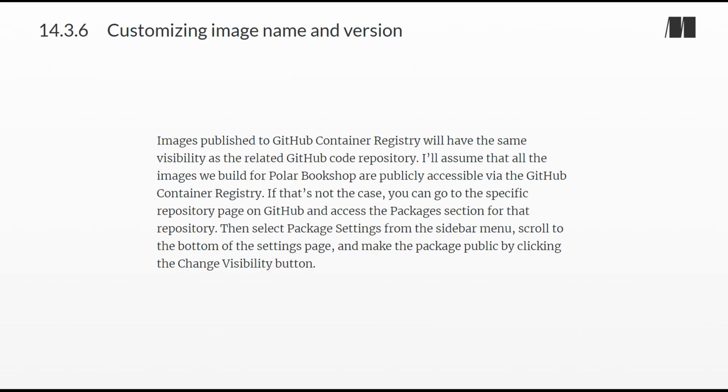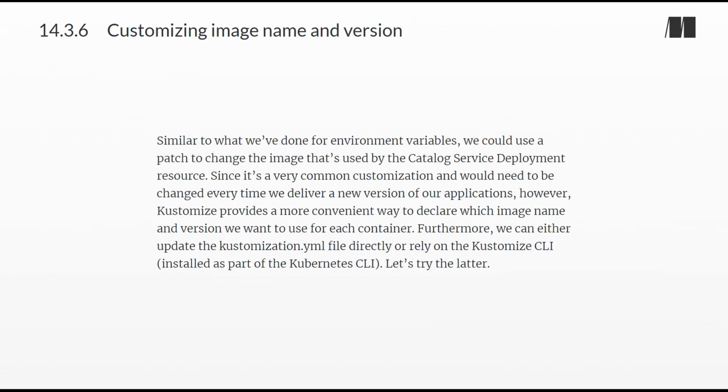If that's not the case, you can go to the specific repository page on GitHub and access the Packages section for that repository. Then select Package Settings from the sidebar menu, scroll to the bottom of the Settings page, and make the package public by clicking the Change Visibility button. Similar to what we've done for environment variables, we could use a patch to change the image that's used by the catalog service deployment resource. Since it's a very common customization and would need to be changed every time we deliver a new version of our applications, however, Kustomize provides a more convenient way to declare which image name and version we want to use